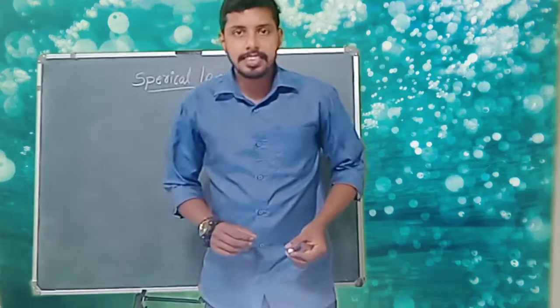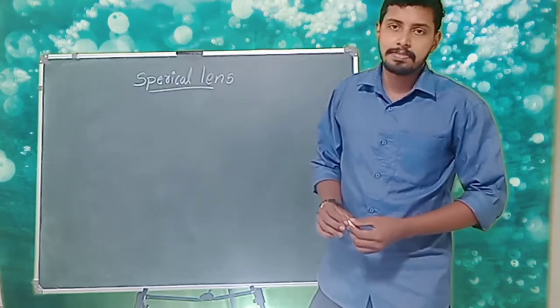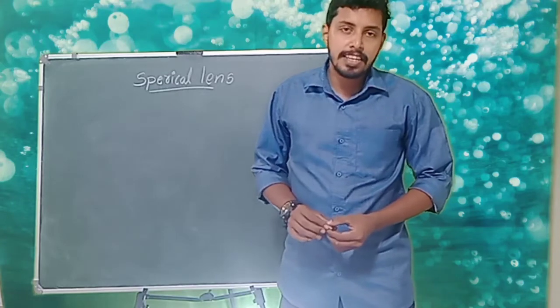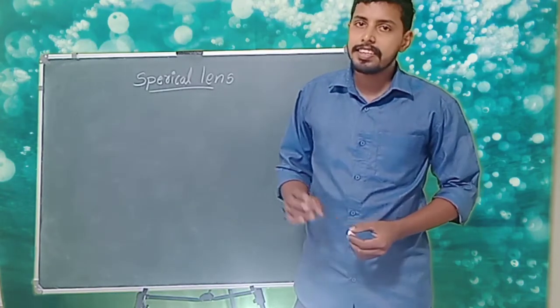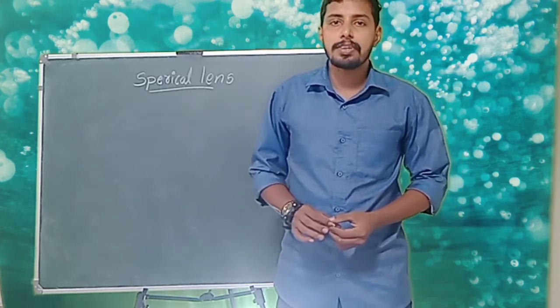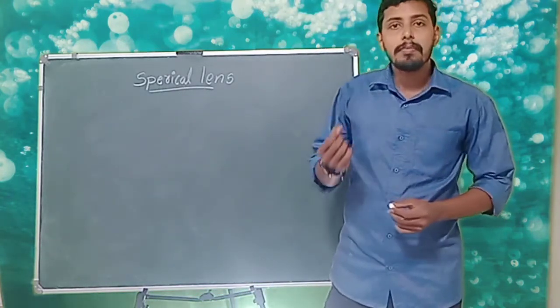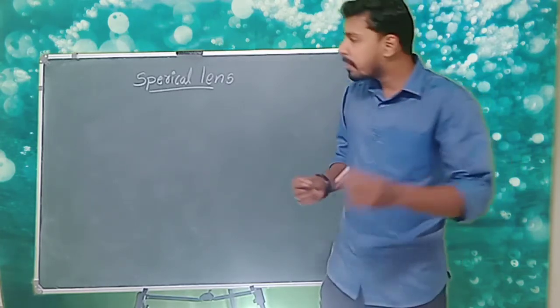Hi students, last class we studied spherical lens. We studied two types of spherical lens. One is concave and another one is convex lens. And this we can also call biconvex lens and biconcave lens, because